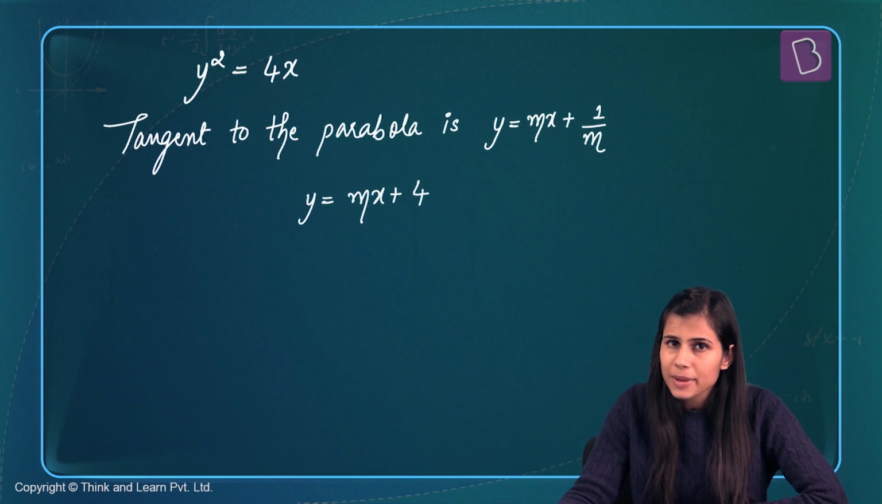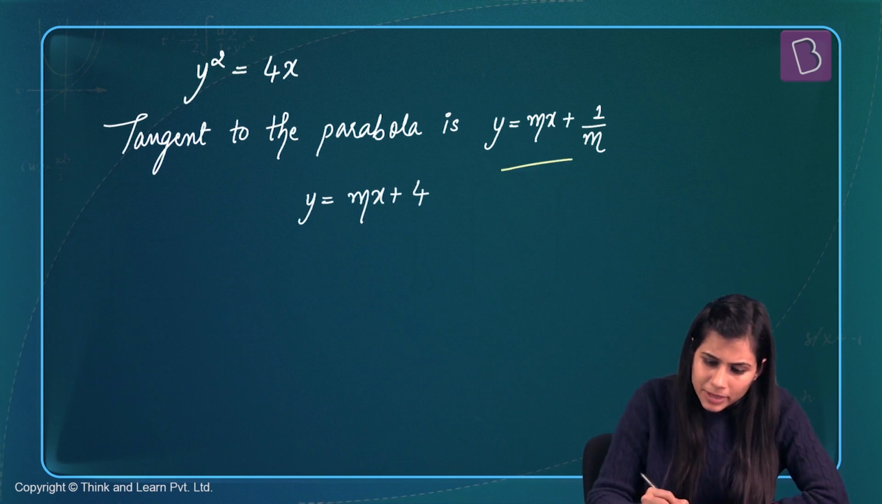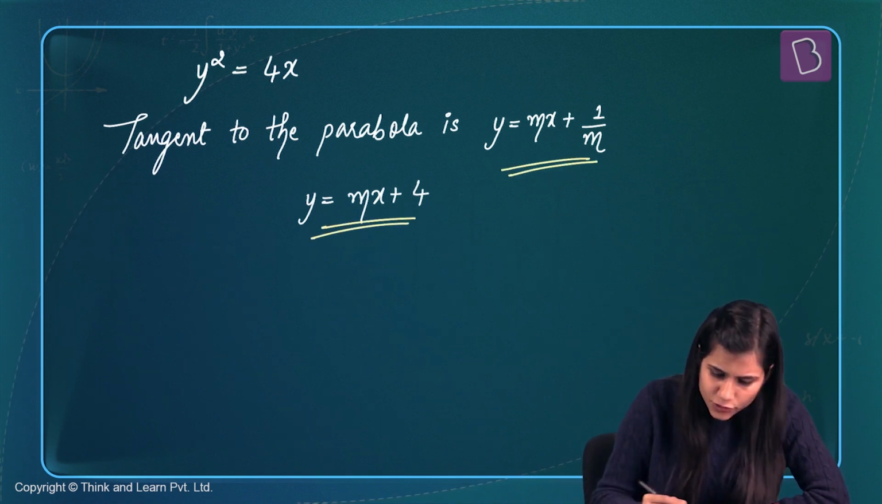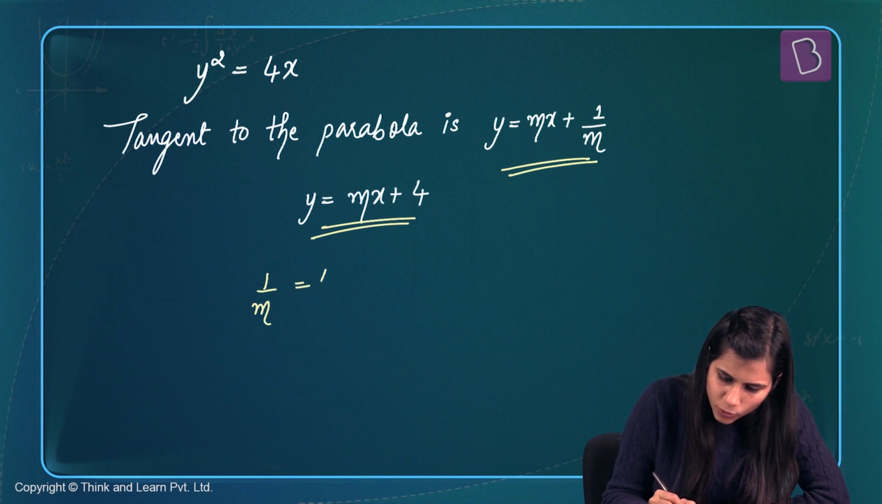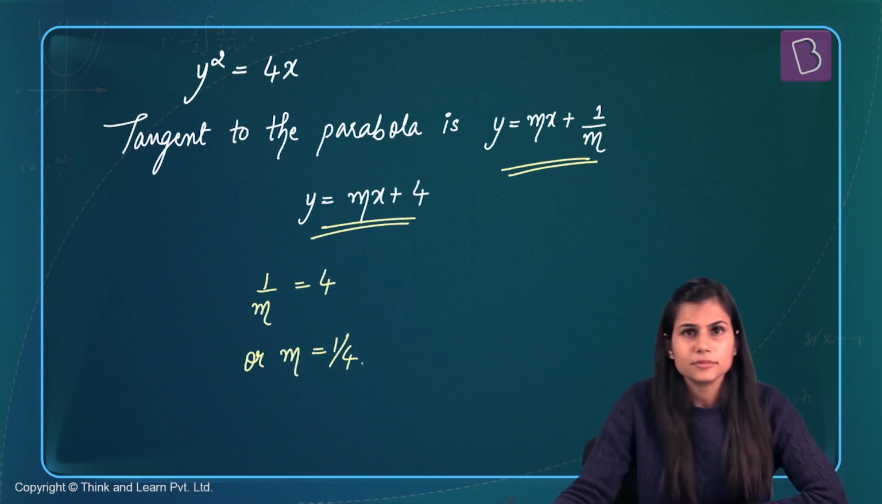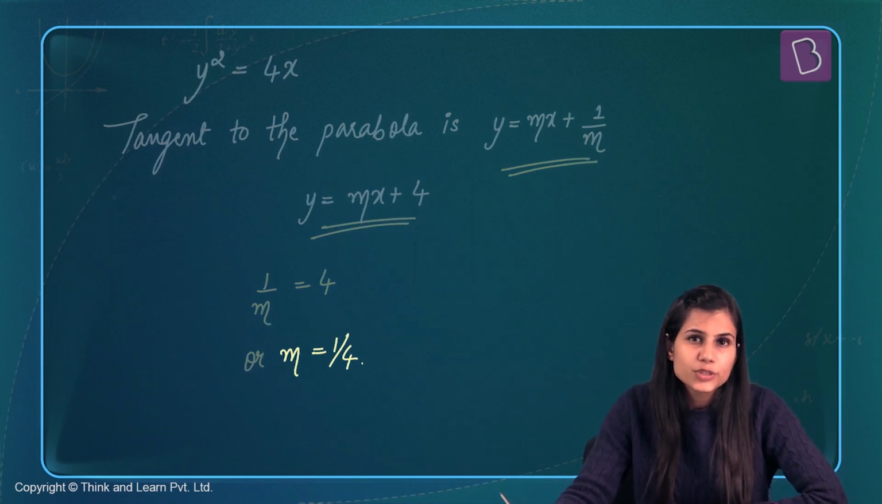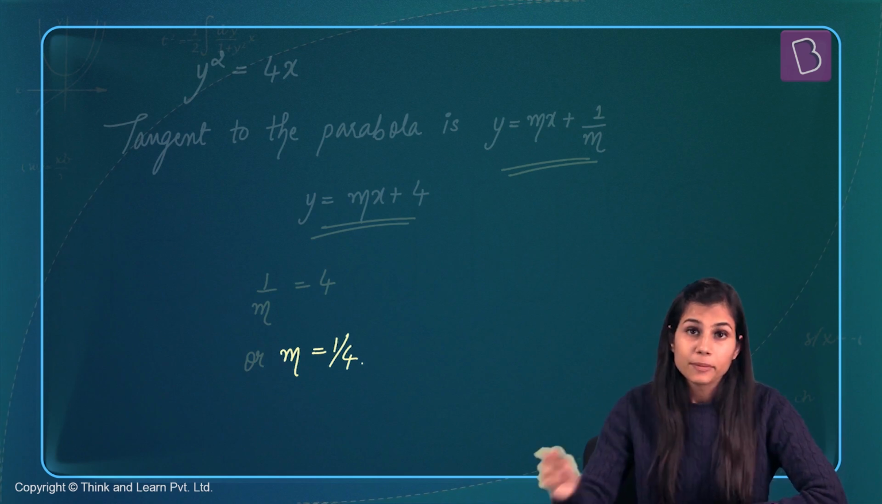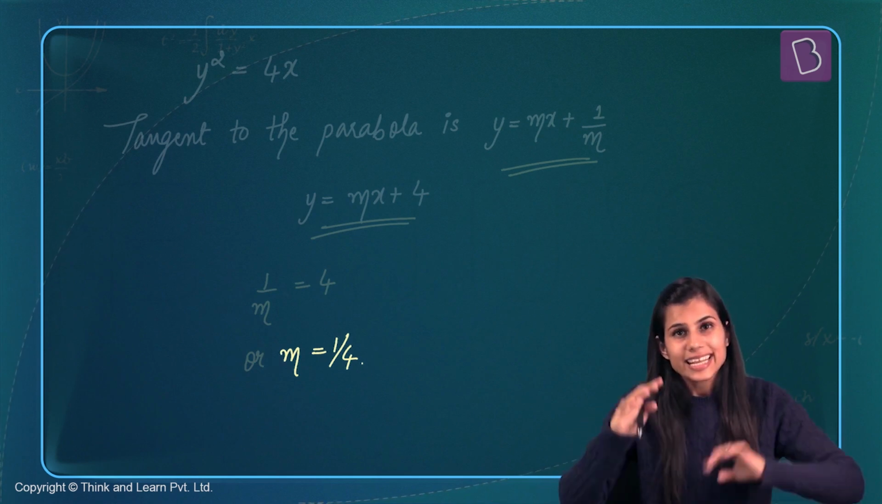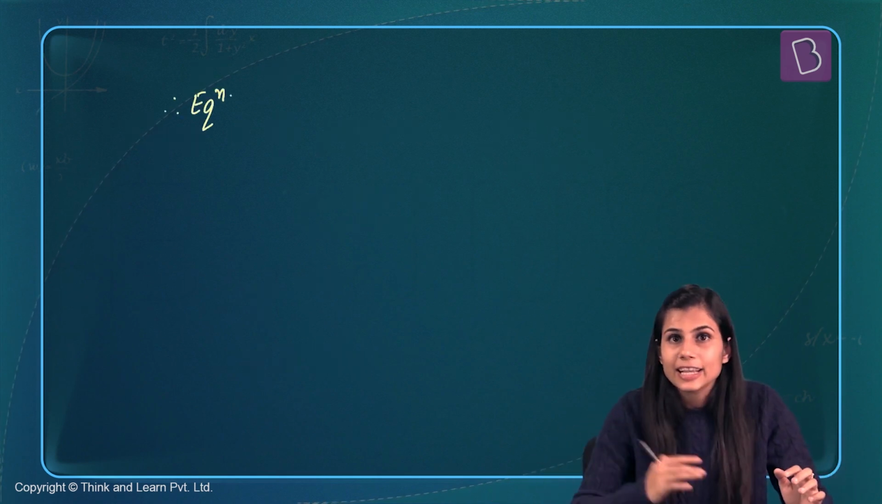Of course, when you compare them, what do you get? It's very simple. Compare this and this. Straight away you get 1 by m equals 4, or your m is 1 by 4. So you understand that the tangent which the question is talking about has slope 1 by 4. And the moment we've got m equals 1 by 4, I can explicitly get the very equation of tangent to